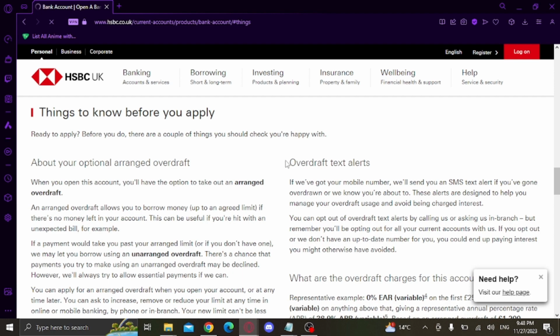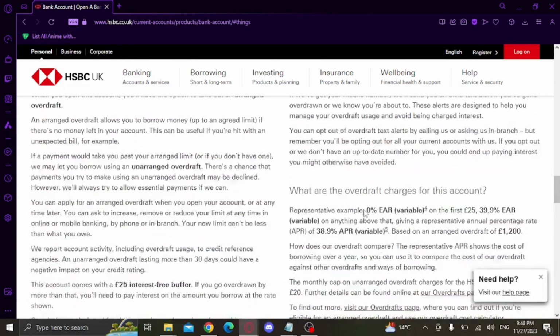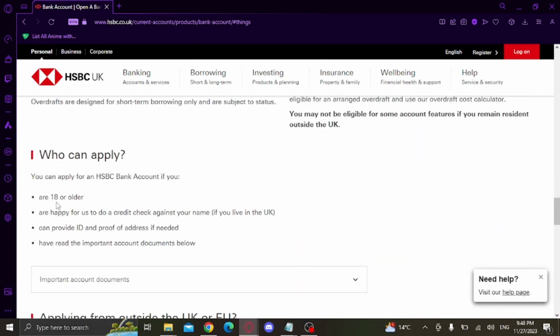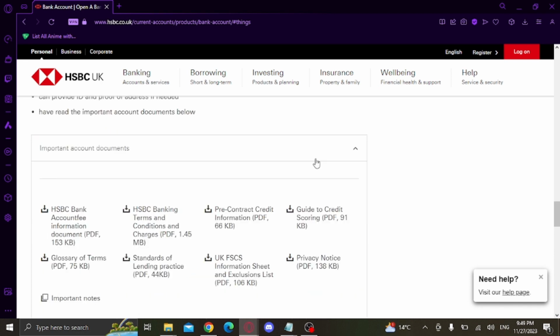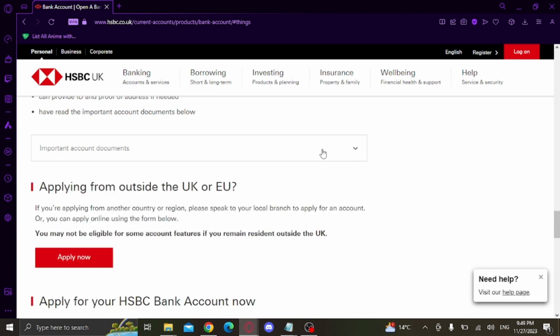Here are some things you need to know before applying for an account on HSBC. Here's the criteria you must meet. You must be 18 or older, happy for them to do a credit check against your name, and you should be able to provide ID and proof of address if needed, and should have read the important account documents below. These are the important documents that you must read in order for you to be able to open an account